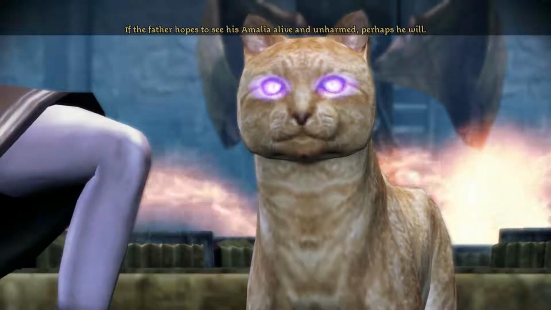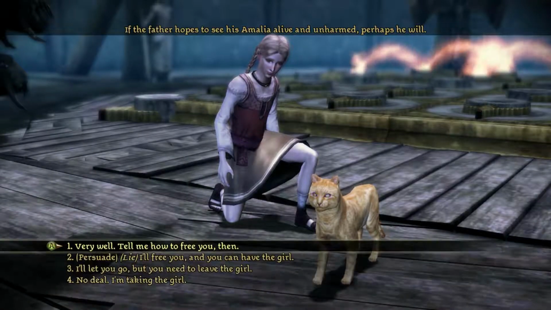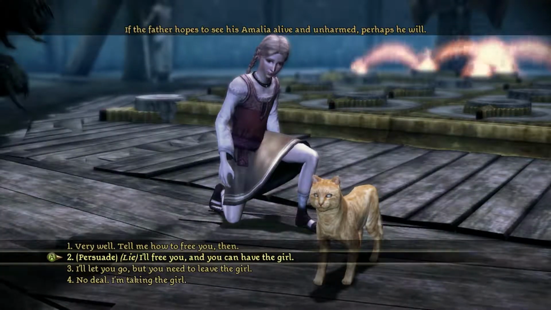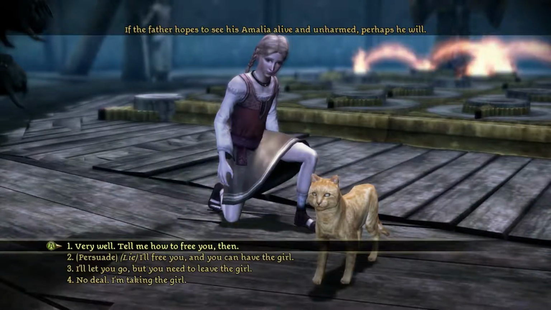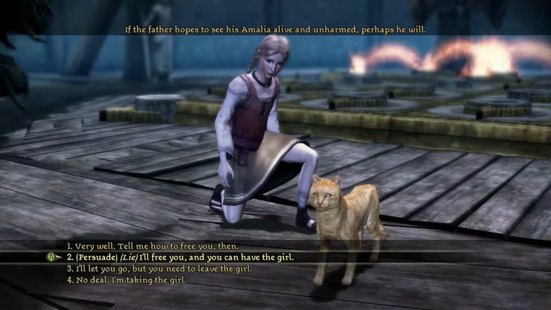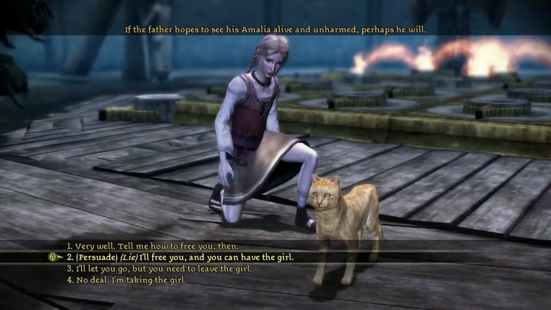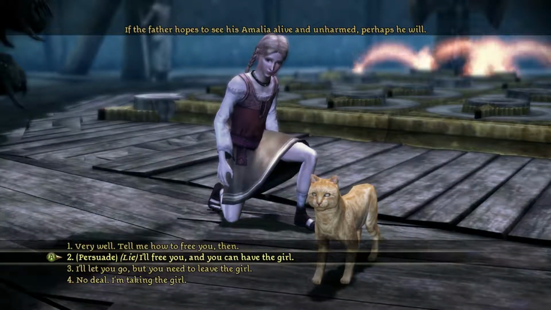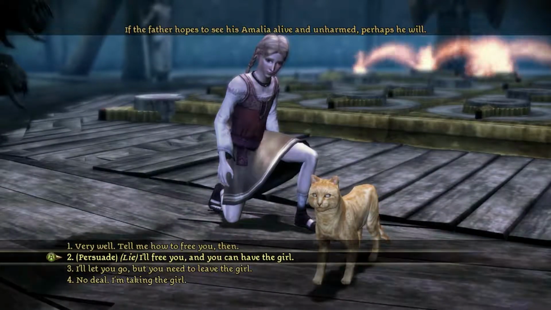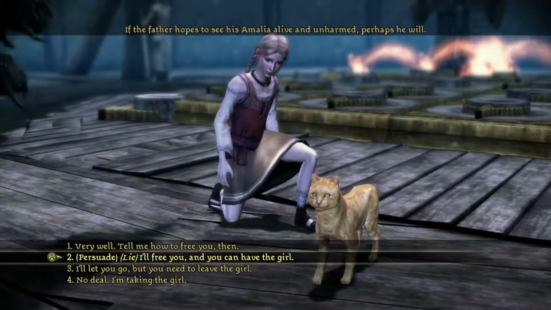Very true. Father hopes to see his Amalia alive and unharmed. Perhaps he will. She must have a fair bit of mage blood running through her, which is presumably why she's so fascinating to the cat. Certainly her grandfather was a mage, and I suspect her father is a mage, or at least enough of one to do that barrier, whether he knows it or not. Although he must have been preyed on by demons in the Fade. Anyway, now, obviously we're lying here. I don't know how we're supposed to communicate that we're lying to our companions, but yeah, I'm not letting Kitty